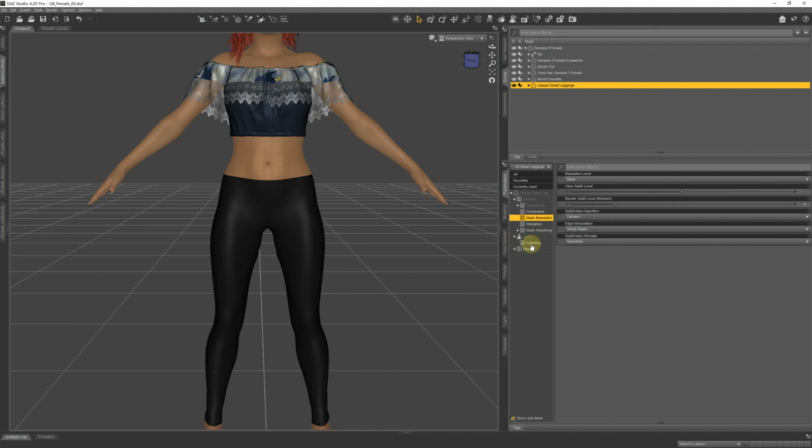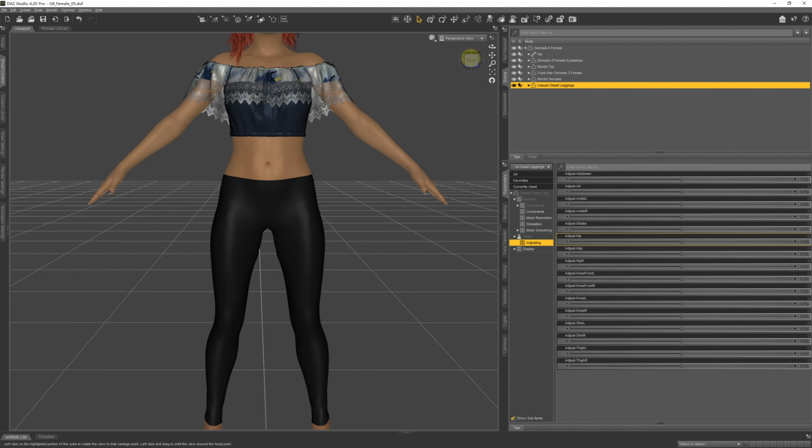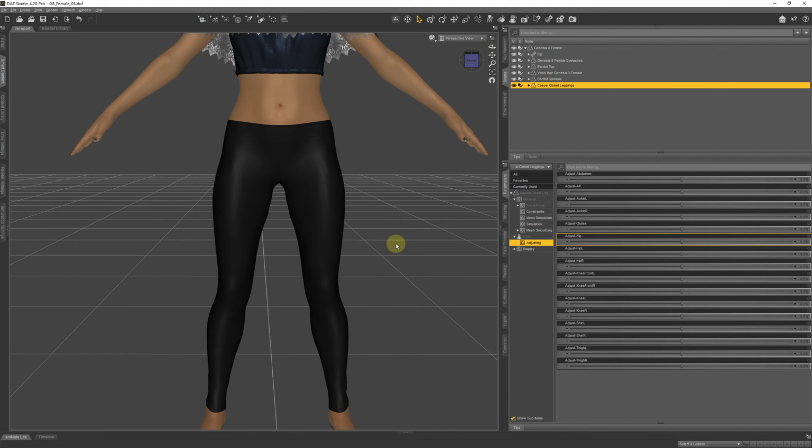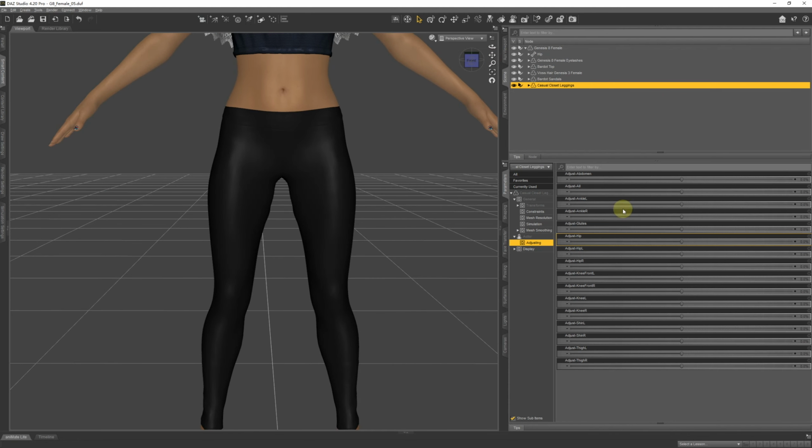Select the pants and adjust the expansion. Or you can use other 3D software to inflate the pants.